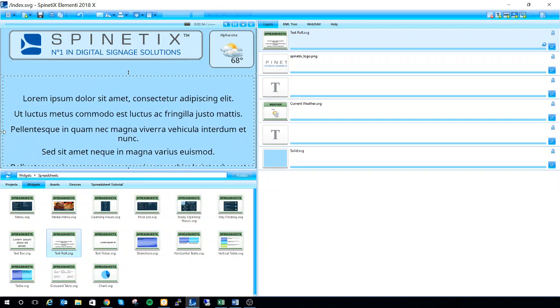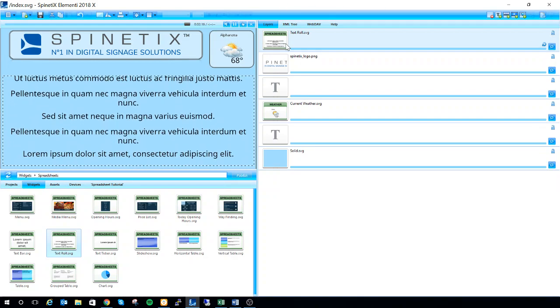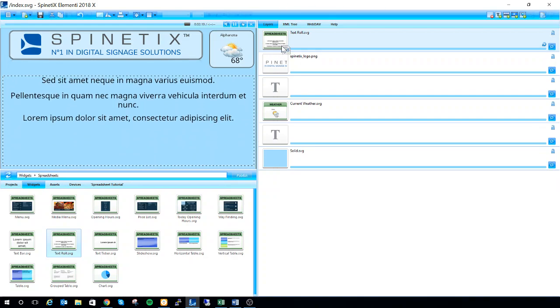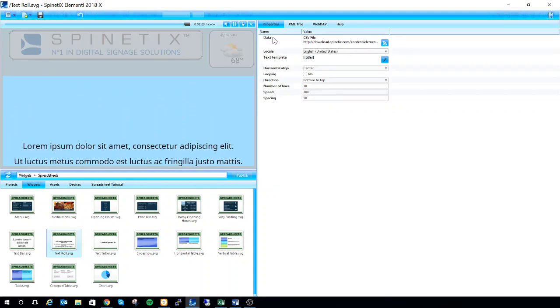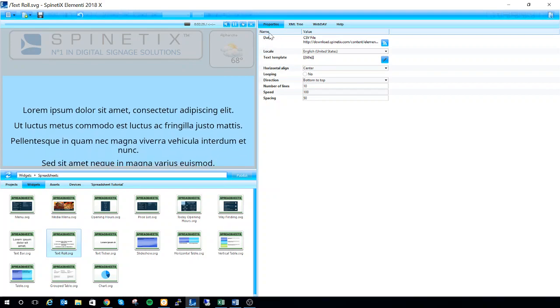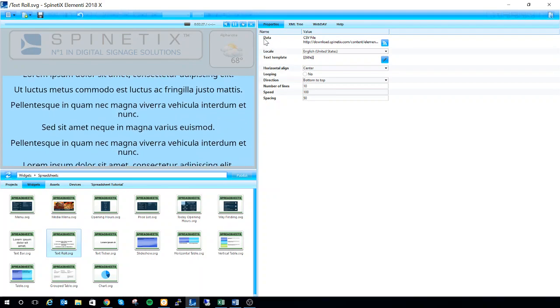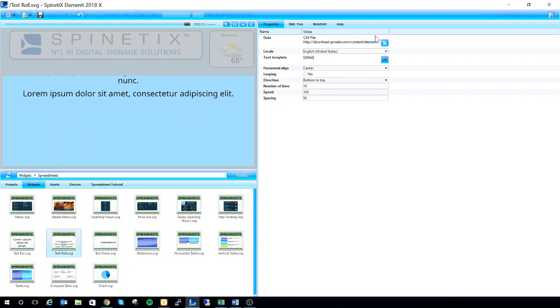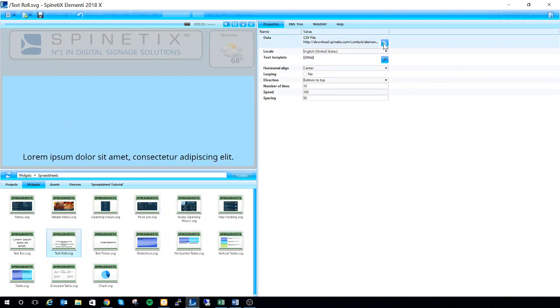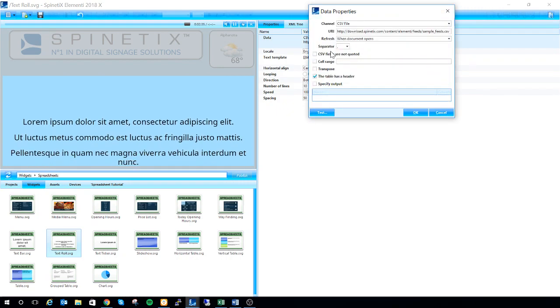Once I've resized it, I'm going to go to the right and double click into my widget that I just added. Once I get inside of my spreadsheet widget, you'll see we have a field that says data here to the left. And to the right, you'll see a blue data symbol. So if I double click on this blue data symbol, the first thing we're going to do is point this